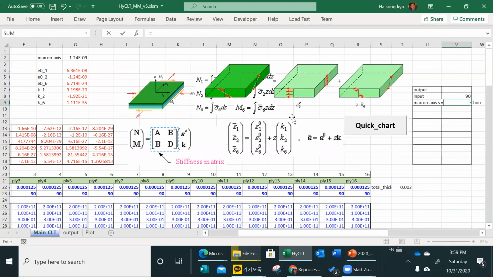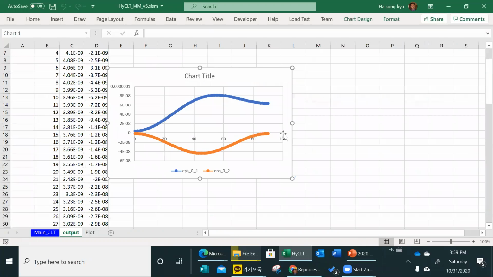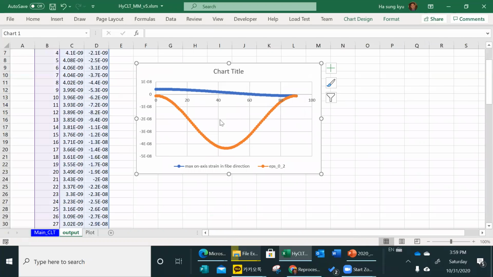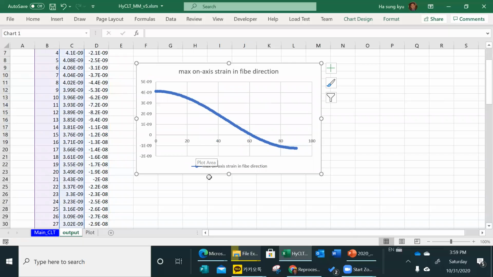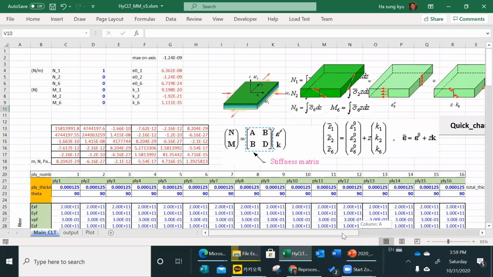And the value will be the output. Now, what we'd like to do is plot and see. This is the plot we have. And this one is the maximum on-axis strain in fiber direction. When we have a 0 degree and the given load, the fiber directional strain will change like that, right? And for the layup, all UD, all the same angle,